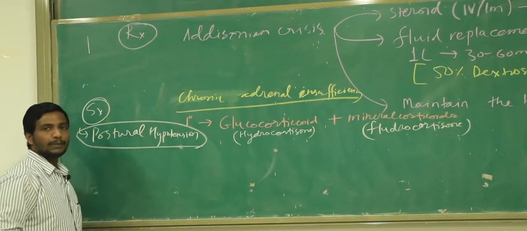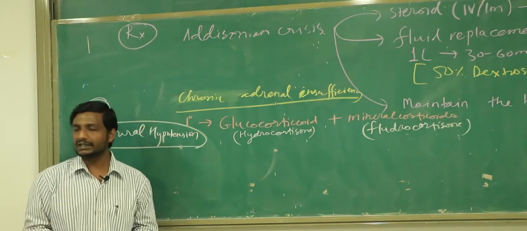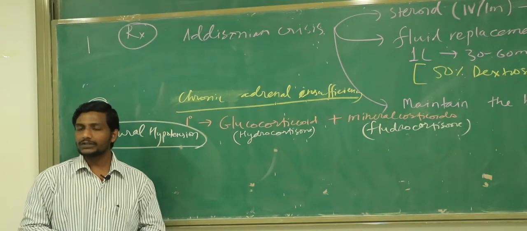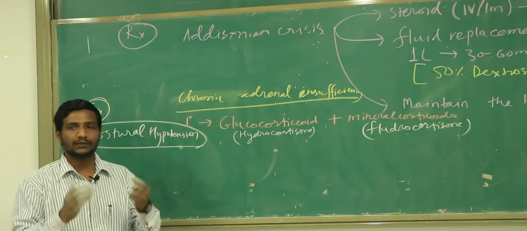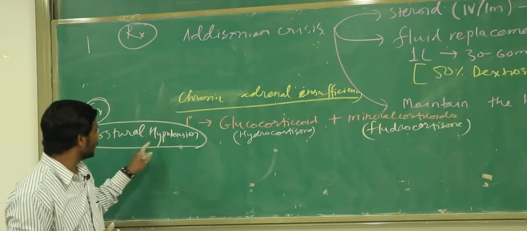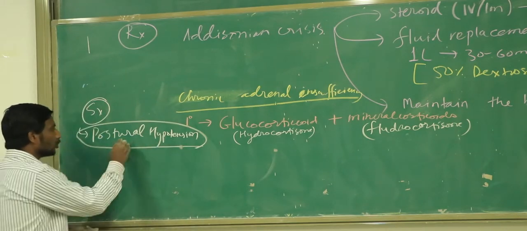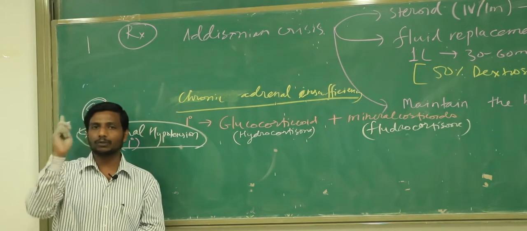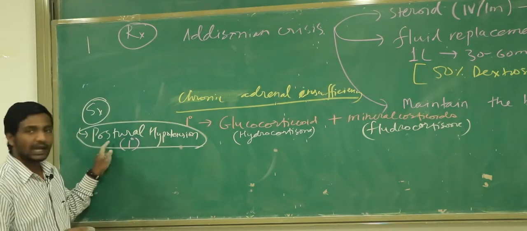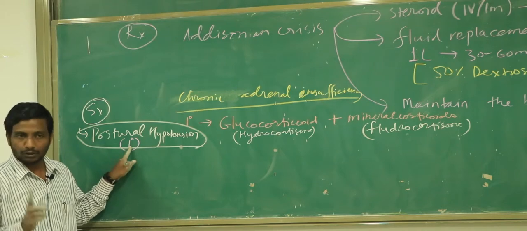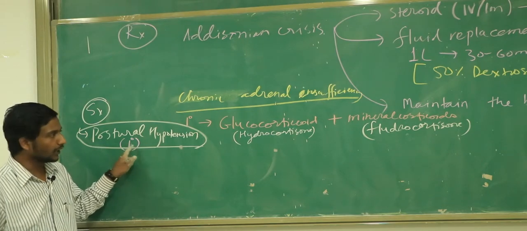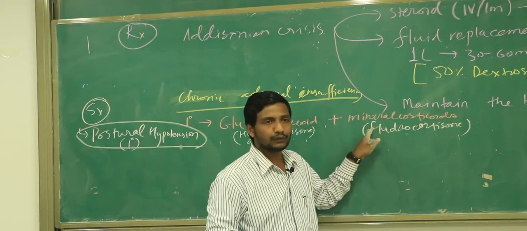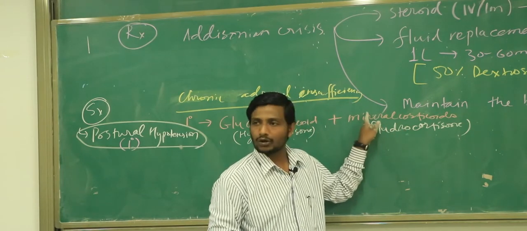But this postural hypotension may not be clearly seen in secondary and tertiary hypoadrenalism, because you already know secondary and tertiary hypoadrenalism do not have a deficiency of aldosterone. So maybe this hypotension will not happen there. So don't forget, is this more common with primary or secondary? Primary, right? Same as the hypertension, which is more common with the primary, the postural hypotension is also very common with the primary, not with the secondary and tertiary. So don't forget, if the patient comes to you with postural hypotension, then you must add the fludrocortisone. You must add the mineralocorticoids.